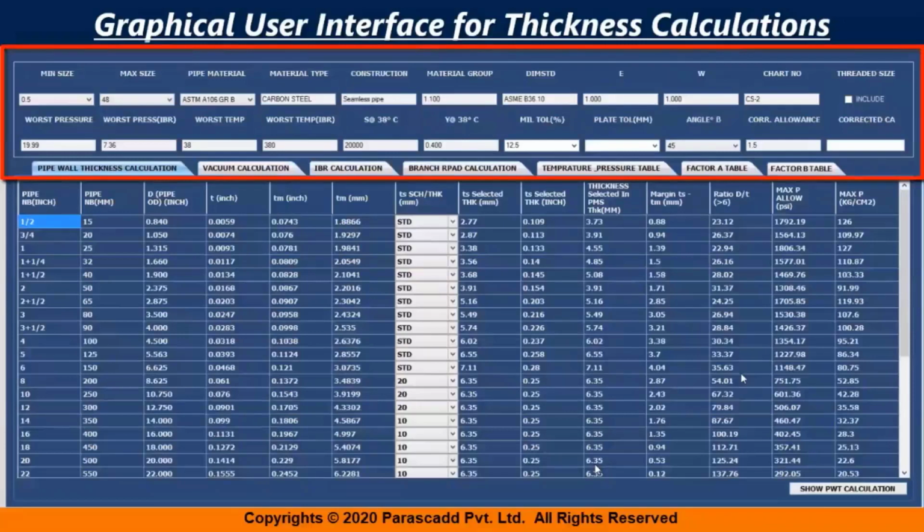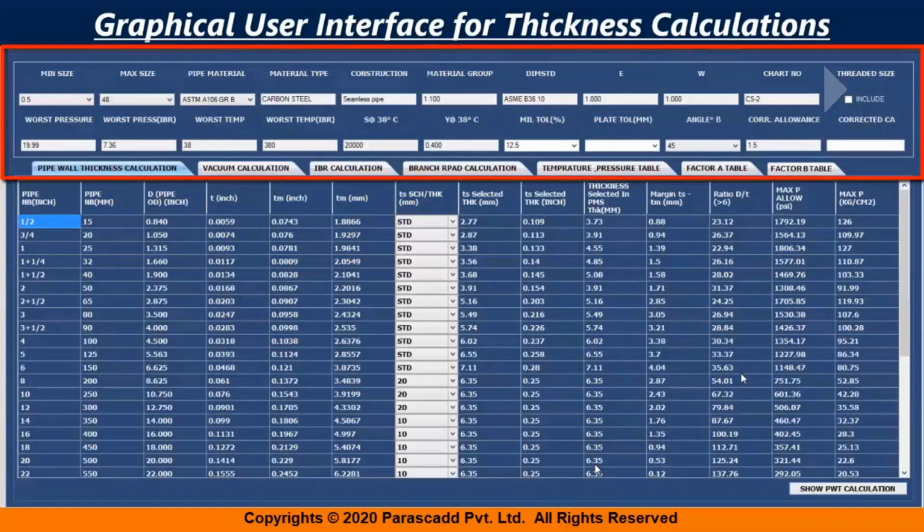So suppose you have a client PMS with you already with their thickness section, like over here, this particular thing. Here we have the selected thickness, and here we have the PMS, that is your client thicknesses. So you can compare them both, and we have a margin section of difference that you can get according to the schedule. So here you can take a call whether to go ahead with the thickness of the PMS that your client has given, or just referring to the ASME section and the wall thickness data, you can alter it, or you can change it, or also you can update it.